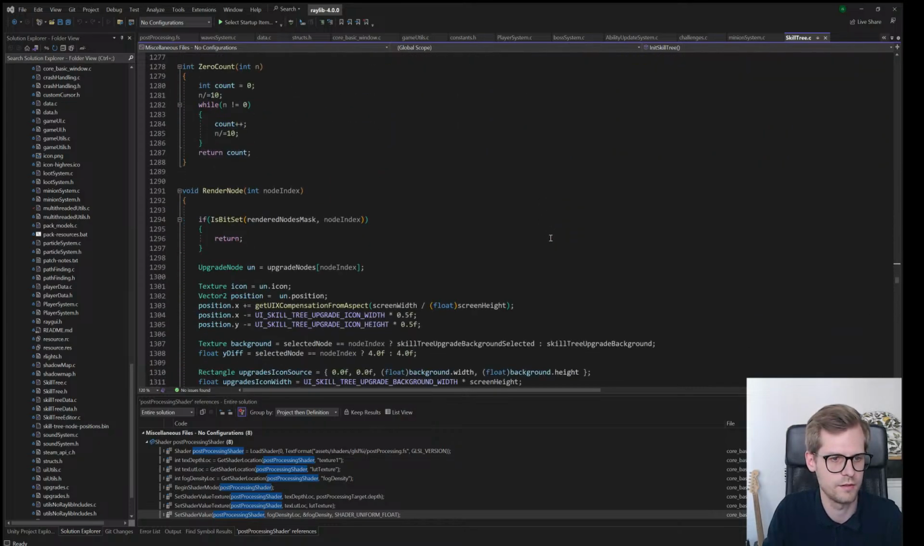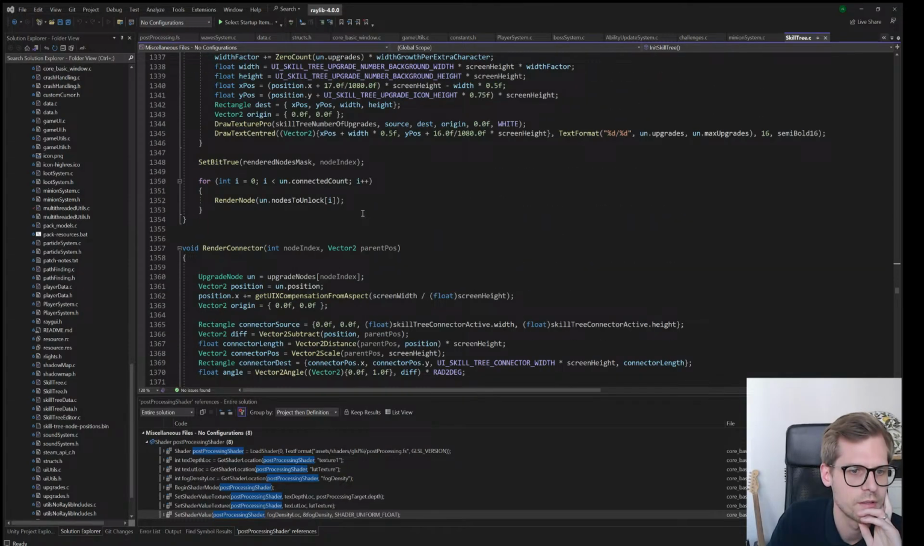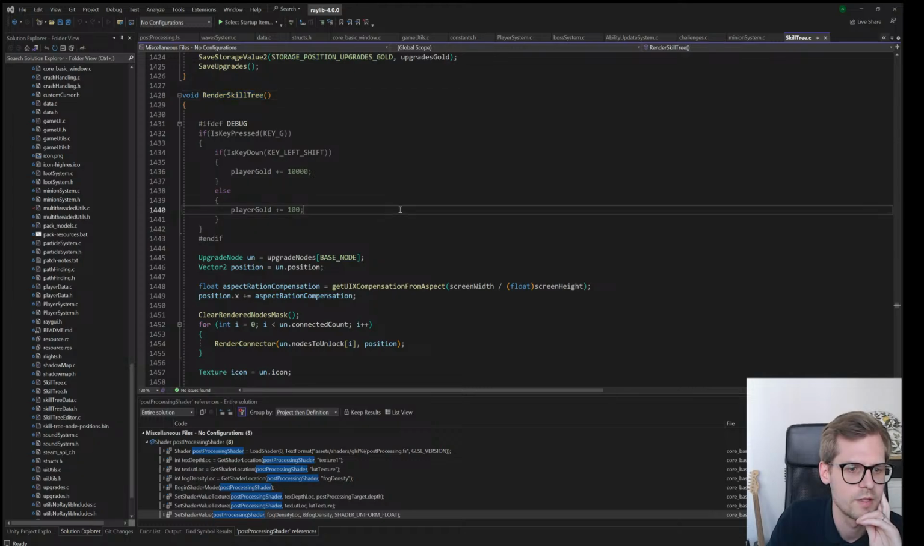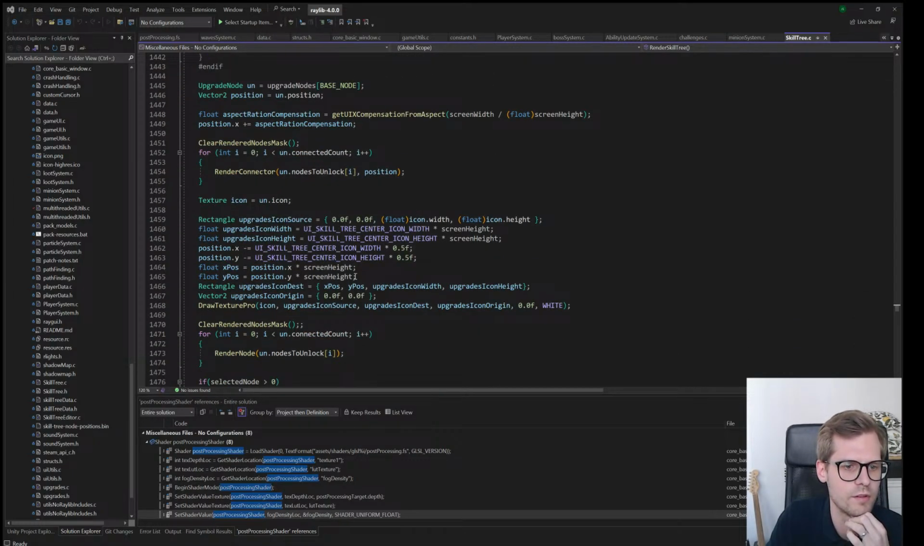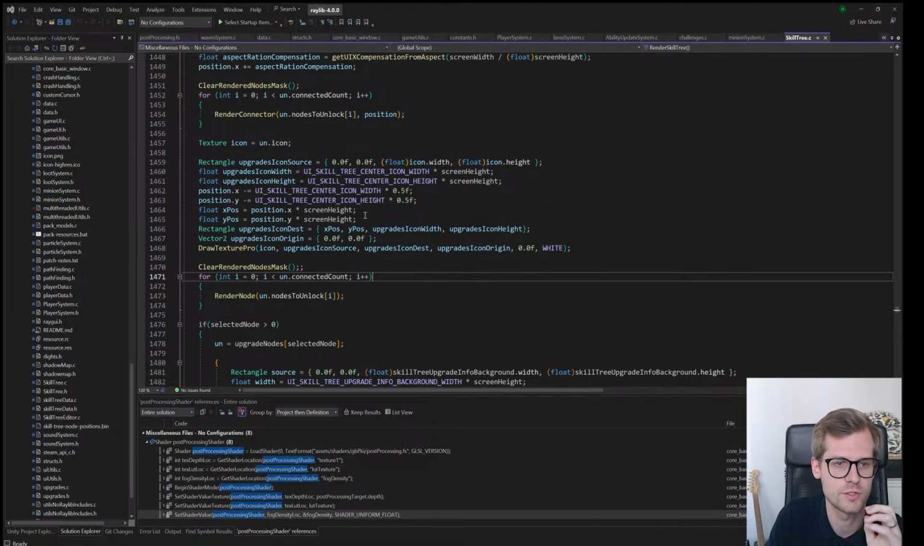And let's see, yeah, and then render node. Let's look at the render part. Render skill tree. So rendering the skill tree basically just means walking through the tree pretty much. So it's going to take the first,